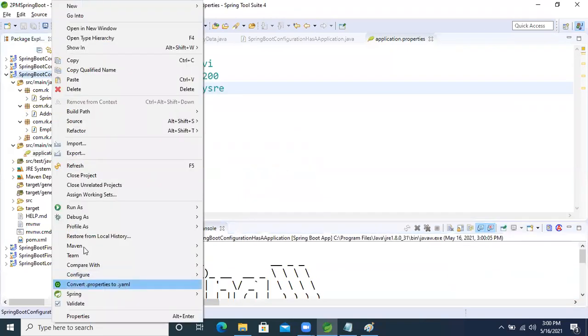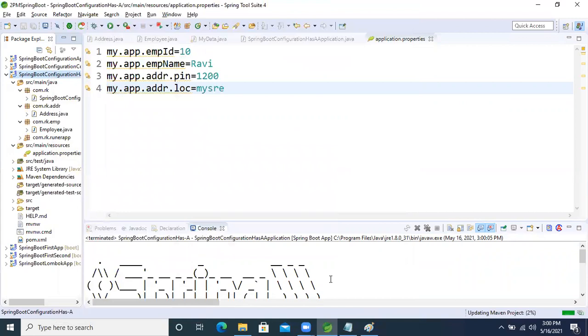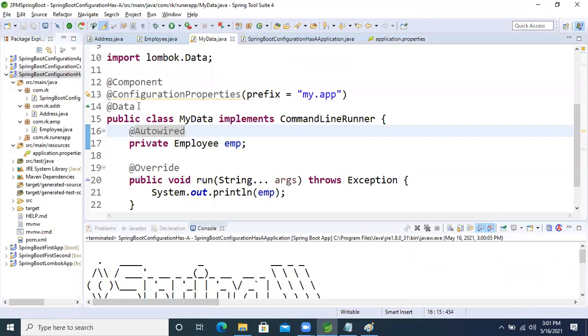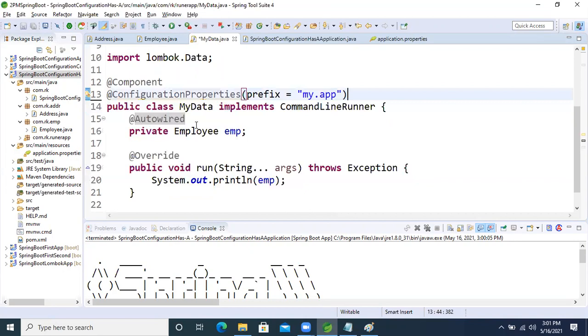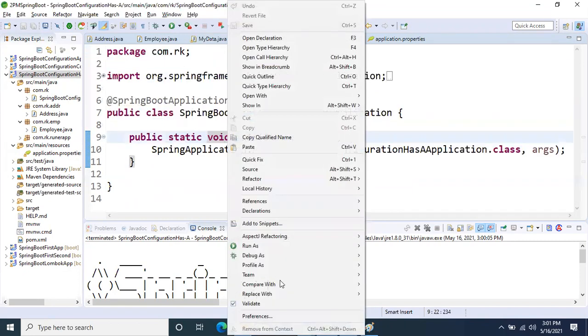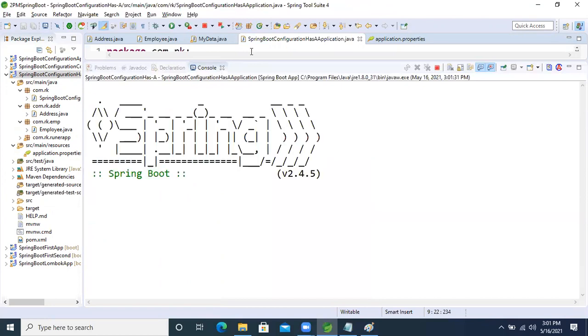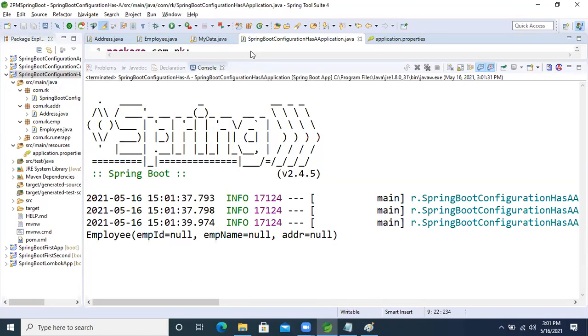Now right click, Maven, update the project. Why are we getting null?